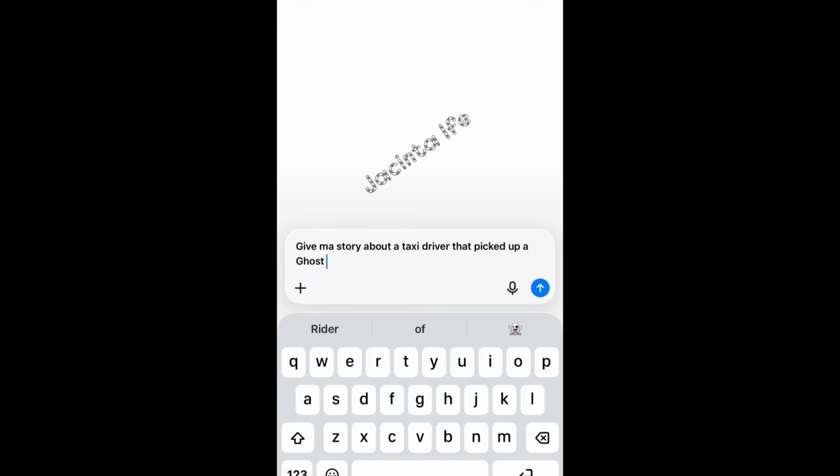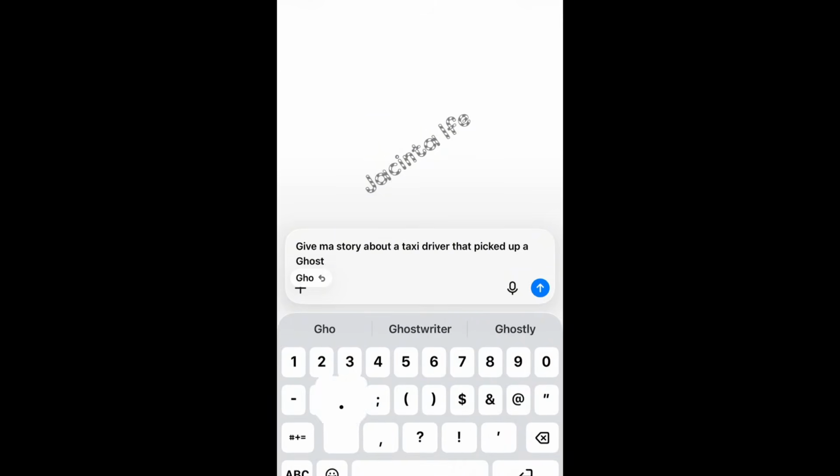Now I don't want ChatGPT to give me a random name. So I'll be picking the name of this taxi driver. Probably I can also pick the name of the ghost. Ghosts, of course, are human beings, so definitely while they were still alive, they had a name. But I'm not going to pick a name for the ghost. I will leave ChatGPT to pick that name for me. All I'm going to do is pick the name for the taxi driver.